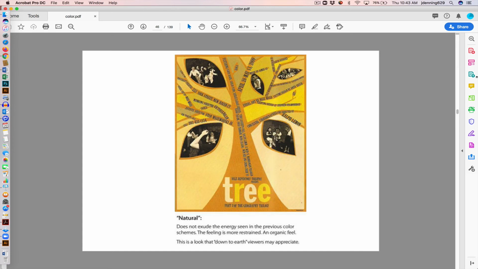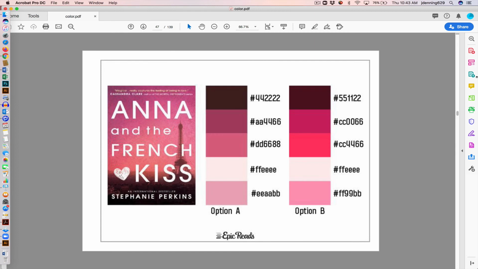Then you have natural. It doesn't exude the same energy as the previous color scheme. It's more restrained, has a more organic feel, more down to earth, and it might just be better for an audience that was a little bit more sophisticated, maybe a little bit older, so that they weren't needing that intensity as much. So as you design your book, I want you to really strategically think about that color scheme